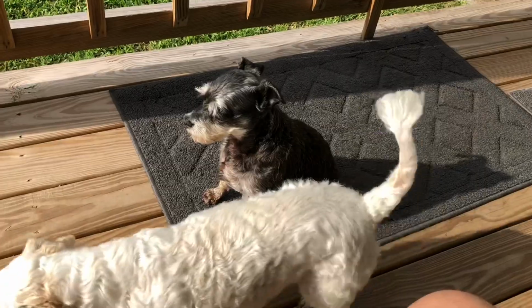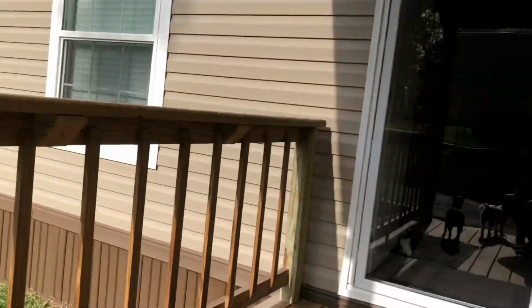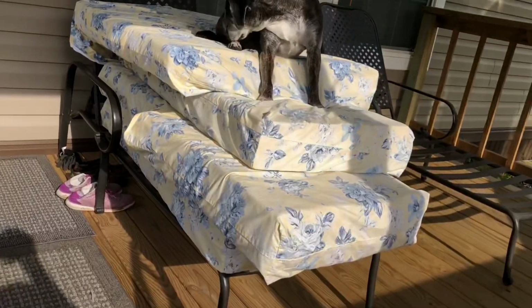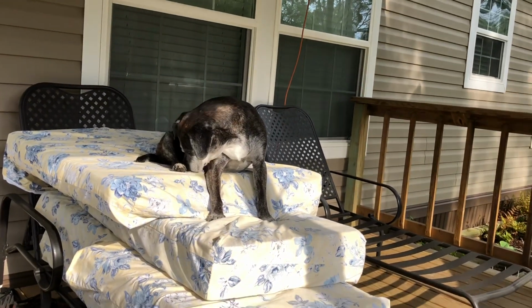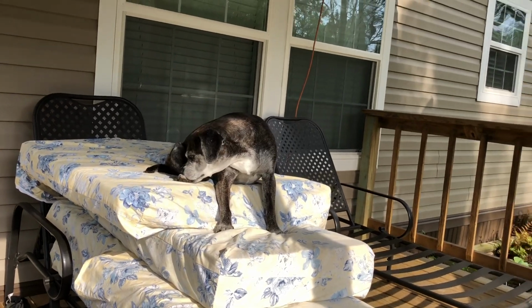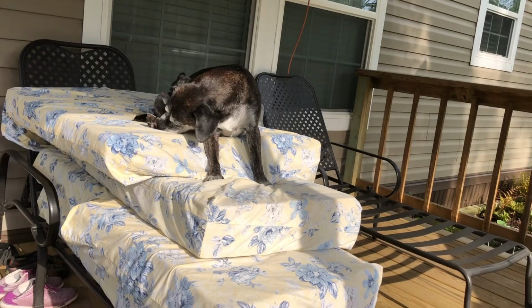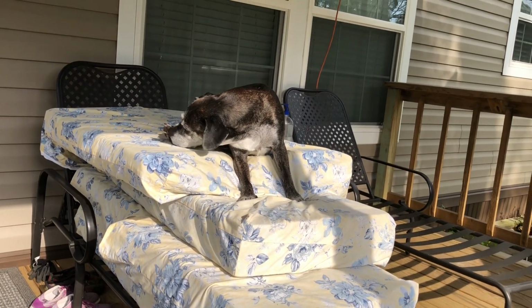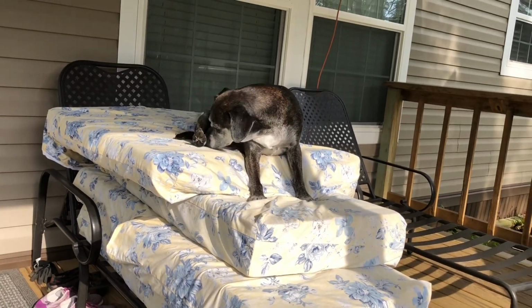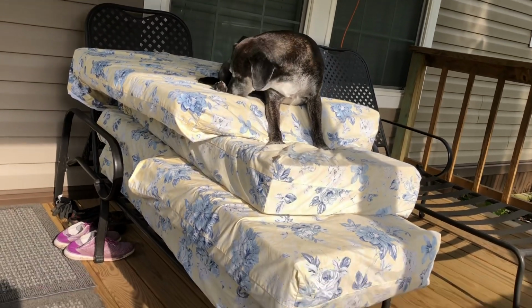Just sitting out here drinking my cup of coffee and getting a little bit of sun before the storms come, but I thought this was kind of funny. We stack these up so the rain doesn't get on them. And I don't know how she got up there. That's pretty high off the ground. But that's pretty funny. The one she's sitting on is actually her bed. And I guess when you're determined,